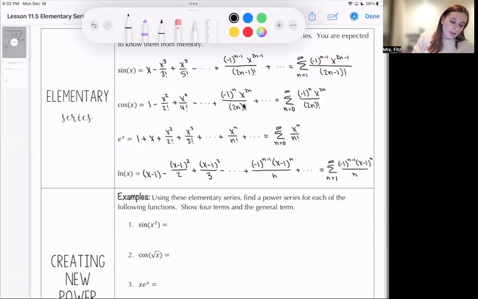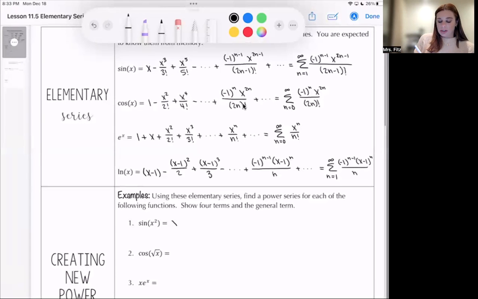Okay, so the first one, we're finding sine of x squared, which basically means anywhere I see an x within that series, I'm just going to sub it in with an x squared. So the first term, I'm plugging in x squared for x, so it's just x squared, minus, I'm subbing in x squared cubed, which would be x to the 6th over 3 factorial, plus it would be x squared to the 5th, right, which is x to the 10th over 5 factorial, and it wants the first four terms, so